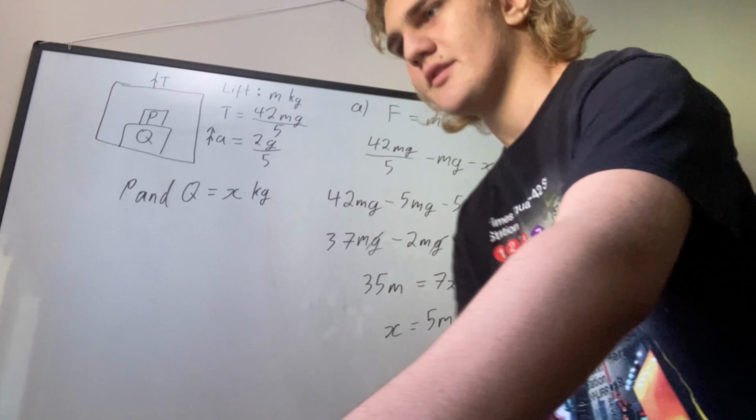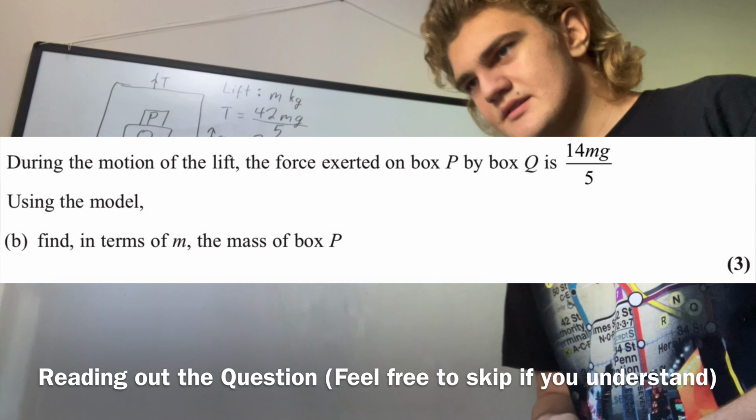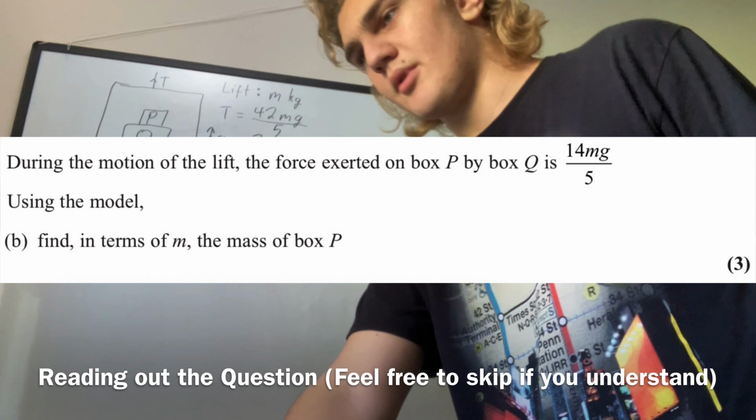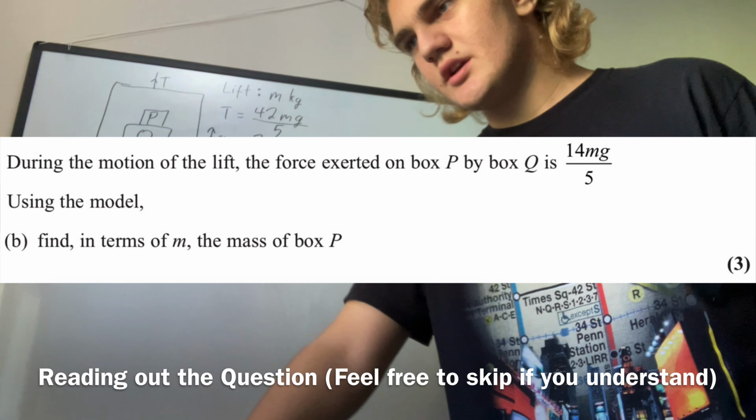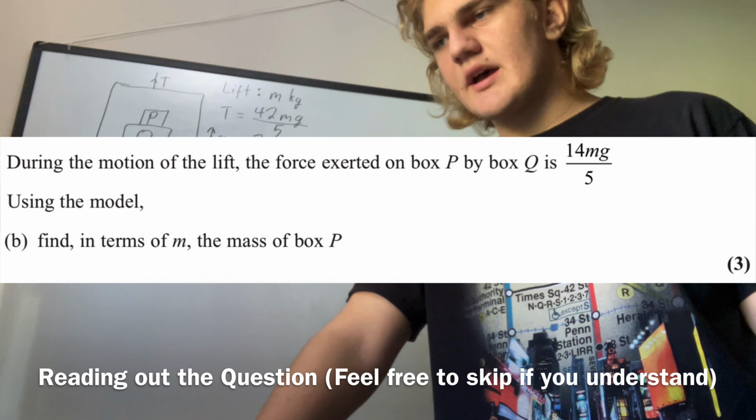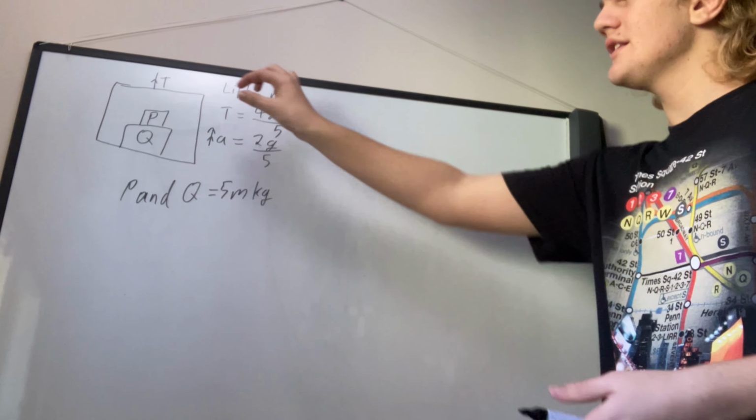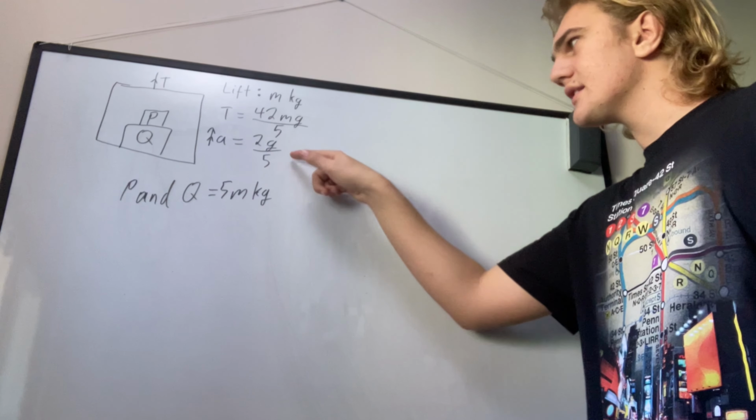So that means that their combined masses would be 5m. Part B says, during the motion of the lift, the force exerted on box P by box Q is 14mg over 5. Using the model, find in terms of m the mass of box P. So now, if we look specifically at box P, we know that everything is accelerating upwards at the same speed,